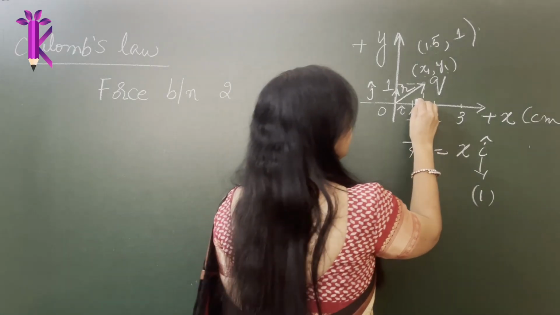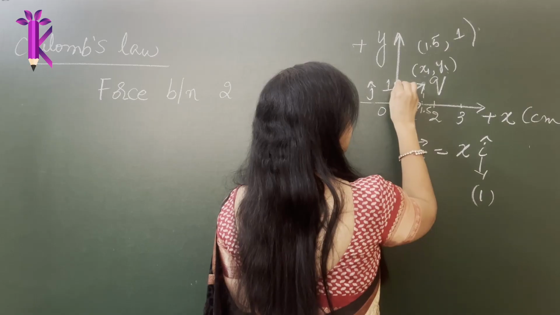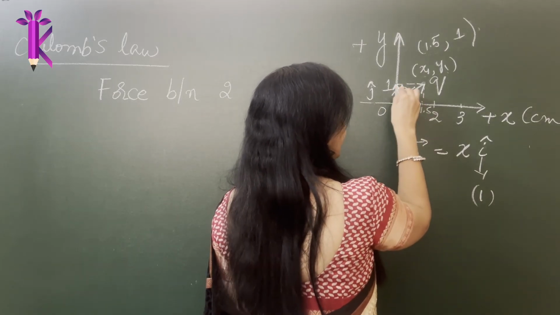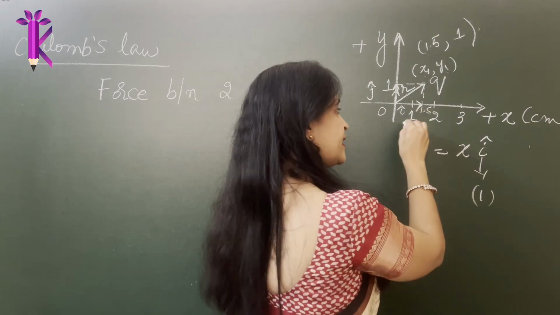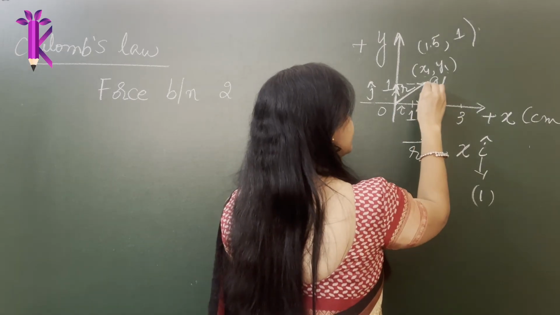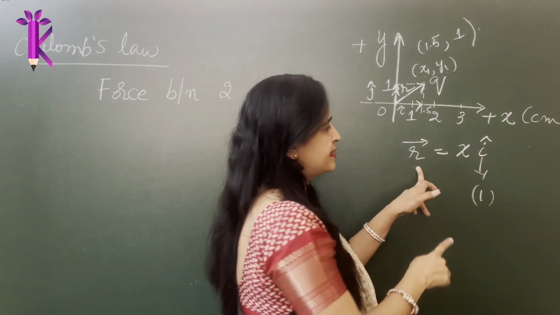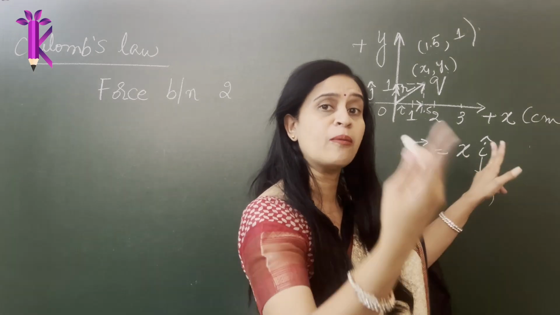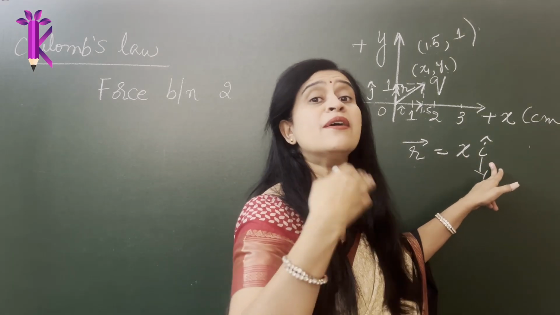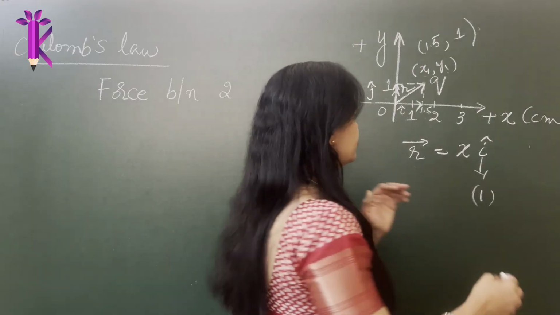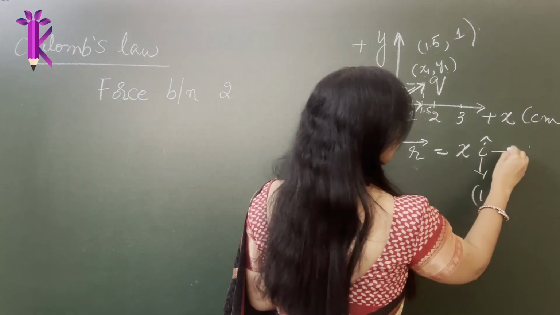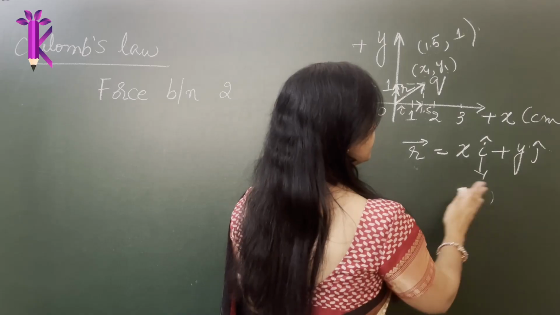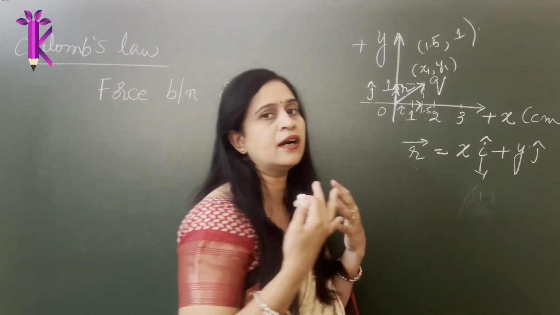So this vector is like the parallelogram law also. You have one vector pointing in the y direction, one vector pointing in the x direction, and the resultant vector is in this direction. So the resultant vector is a combination of the vector pointing in the x direction and the vector pointing in the y direction, the algebraic sum of these vectors. So you just write it as y j cap, right? So this is how you define a position vector.